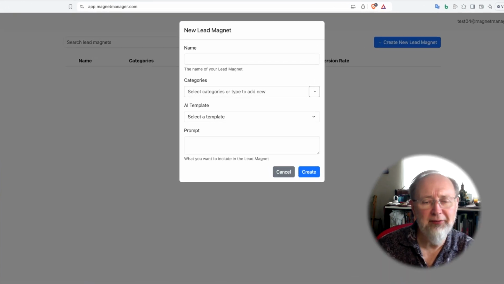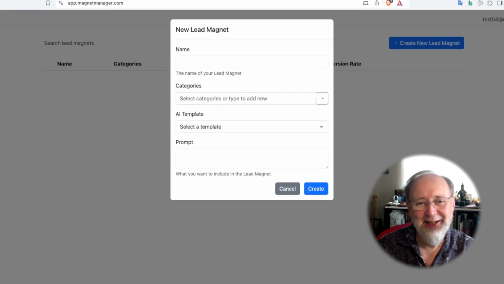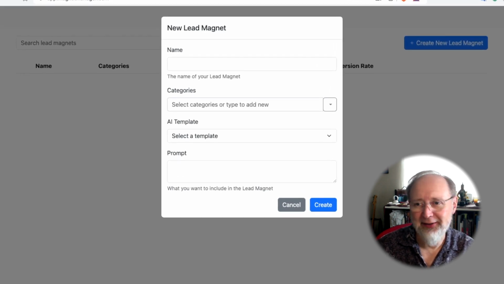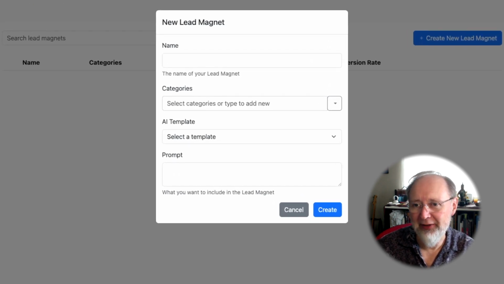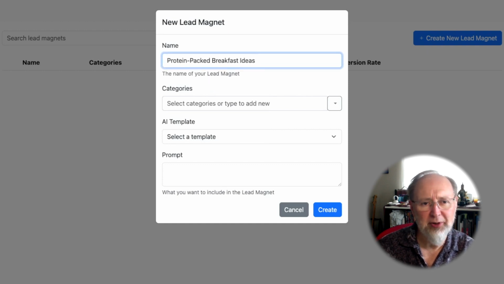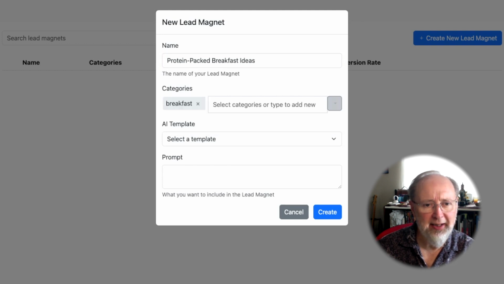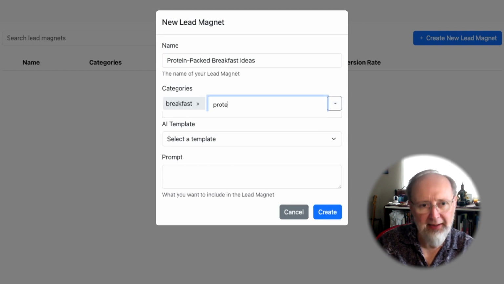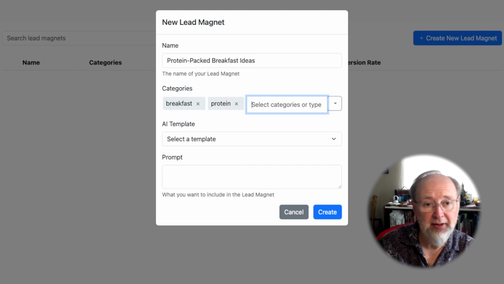I'm going to create something for my fictional health blog, and so let's go. I've got some stuff over here so you don't have to watch me copy and paste too much. And so we're going to do protein-packed breakfast ideas. I've already got a category for breakfast, and you can add categories as much as you want, protein, and we